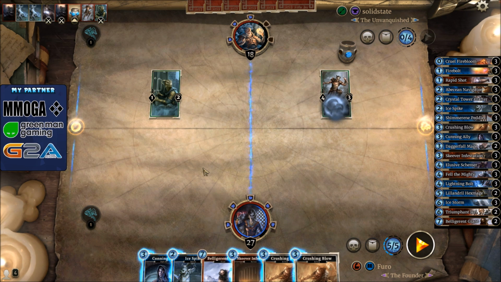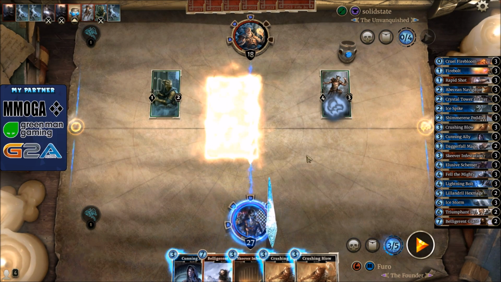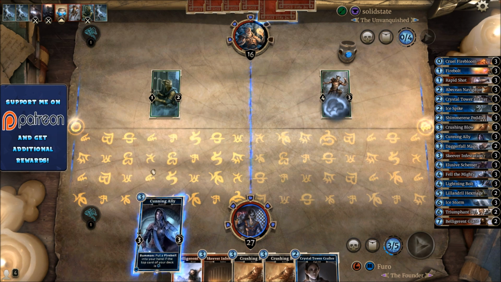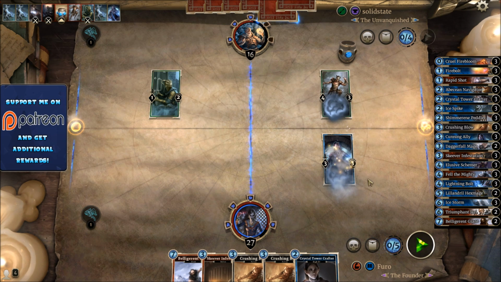Yeah, that looks kind of good. Let's start here with the Ice Spike and see what we are drawing. 16 and another Crystal Tower Crafter. Nah, it should still be better to go for the Cunning Ally. Let's do this. And we are getting...